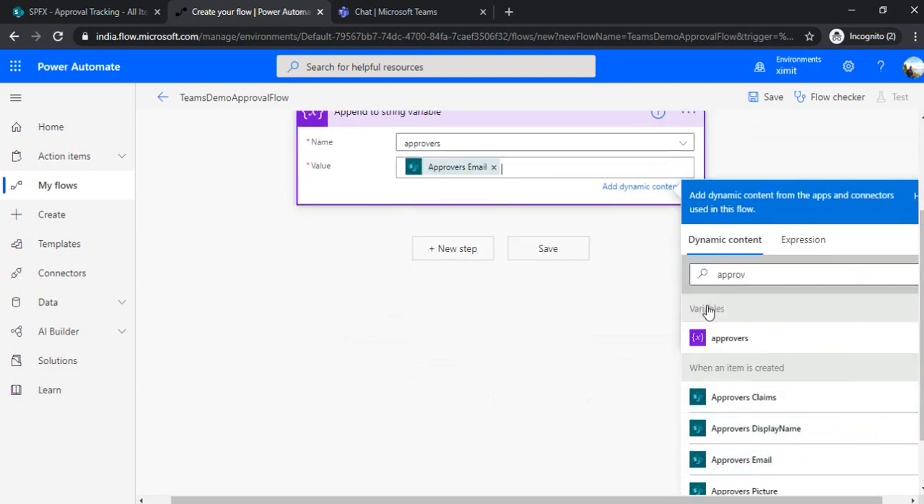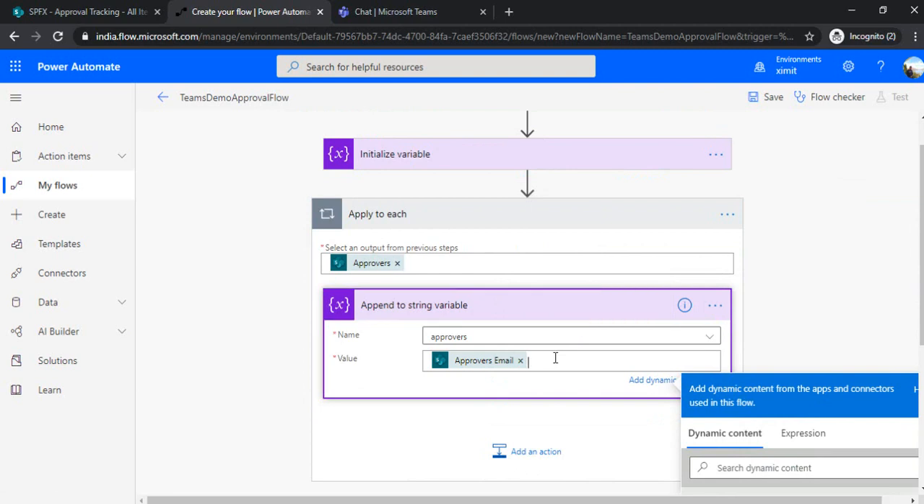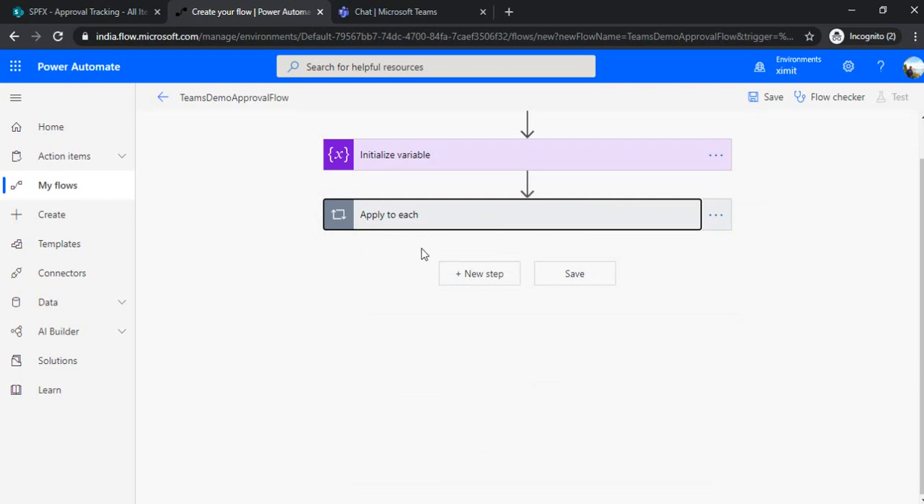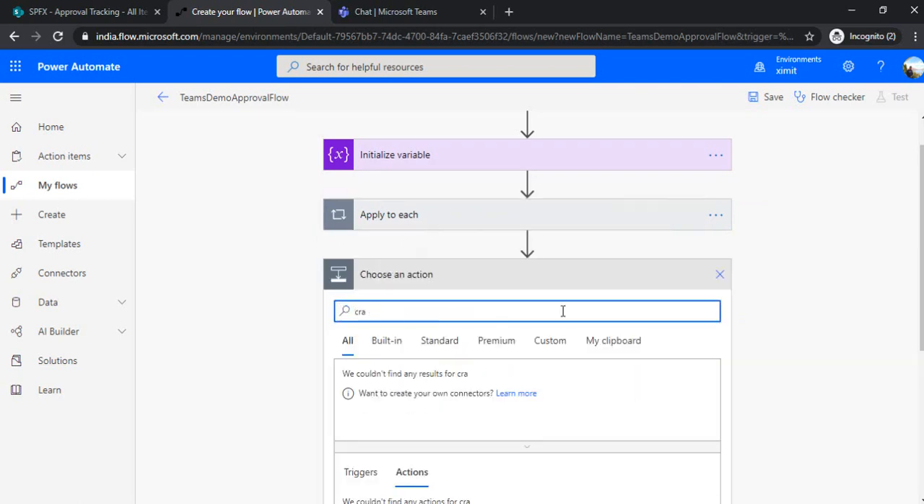and it will automatically bind that to the apply to each because this is a multi-selection approval field. And I'll just open it up and add a semicolon to it so that all the email IDs of approvers can be separated by semicolons. So now we are good. We read out the approvers, and in next step I'll create an approval action,